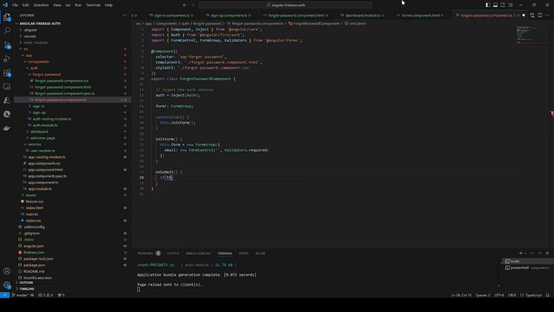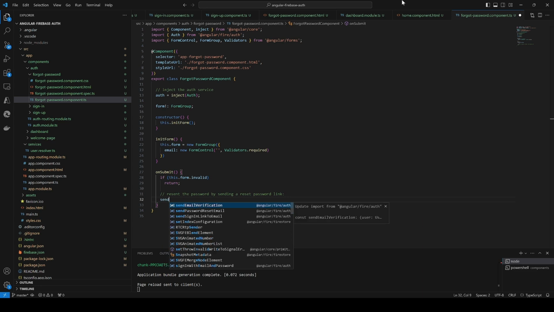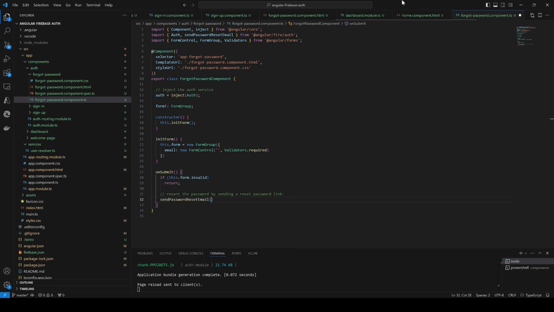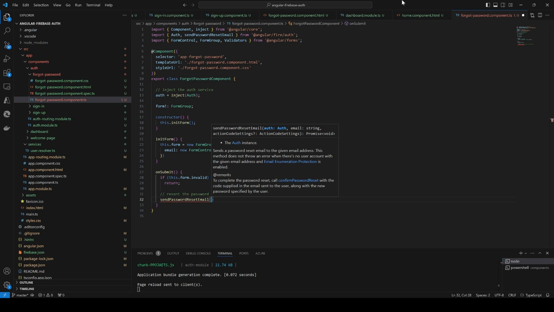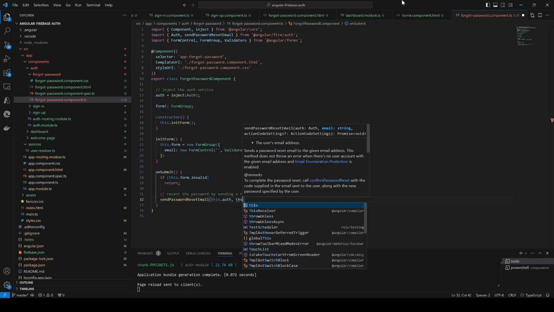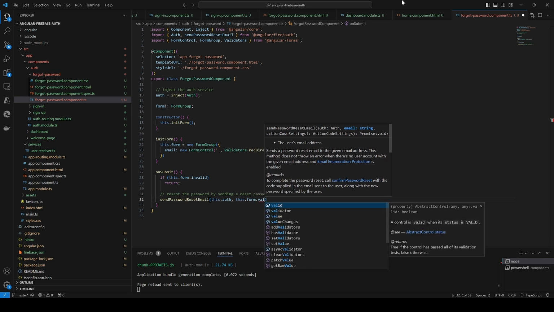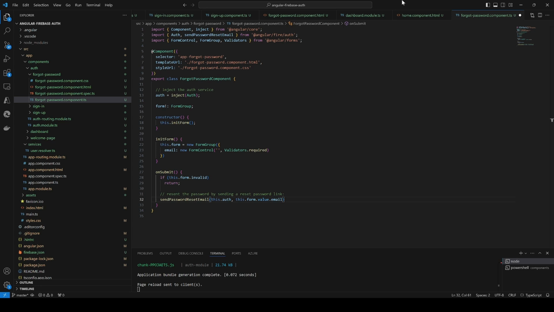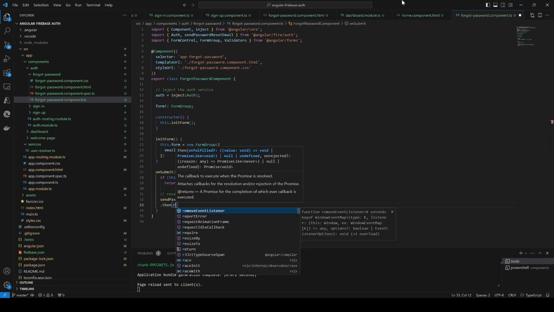If this form is invalid, we'll just return nothing. Then reset the password by sending a reset password link. And to do that, we're just going to call send password reset email, or password reset email, and this will need the auth, and then we'll need the email. So this form.value.email to be provided. Then it will resolve on a response in case everything went well,